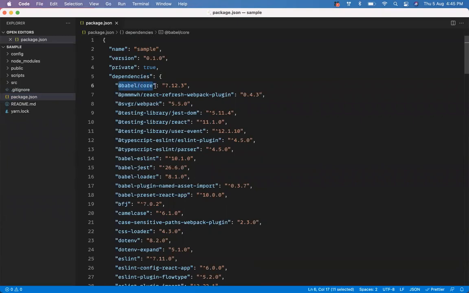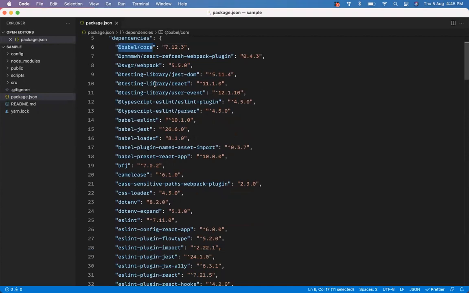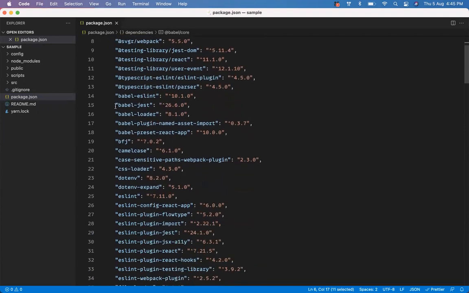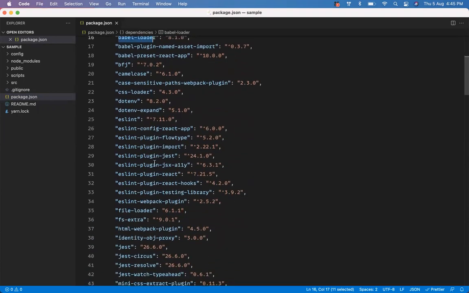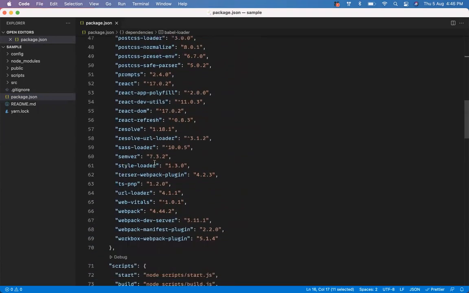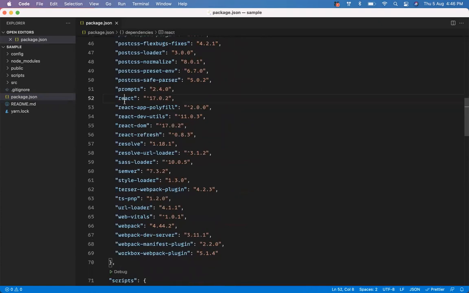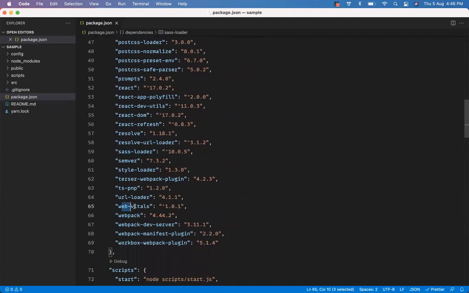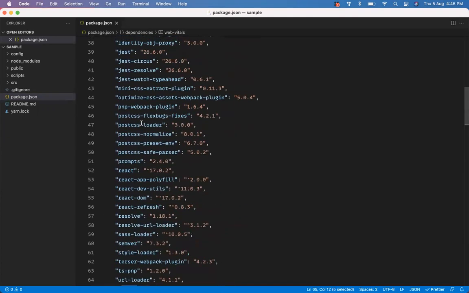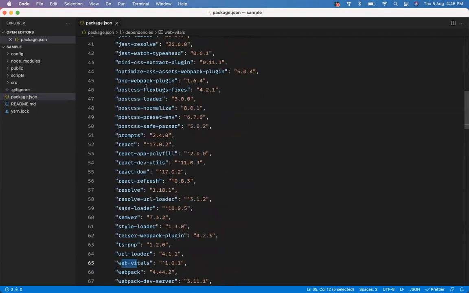Babel core. Did we add Babel core or not? Yes, sir. When we were learning about it, did we add Babel loader? Yes. Similarly, did we add so many other things like React, React DOM, SCSS loader, SASS loader? Do we have it? Web vitals, like so many things.